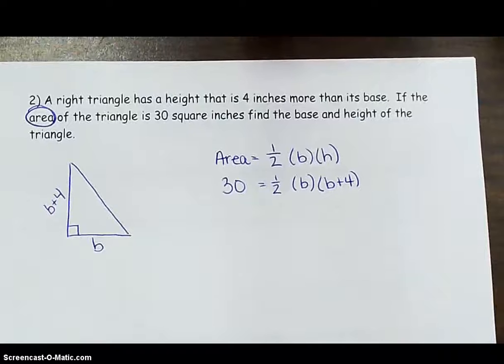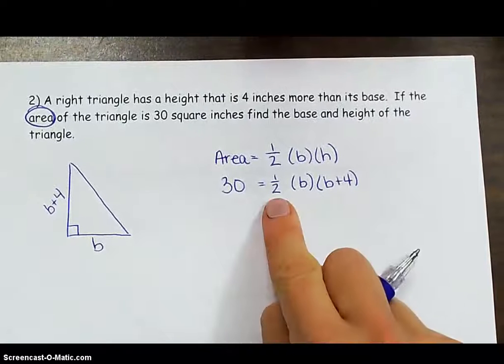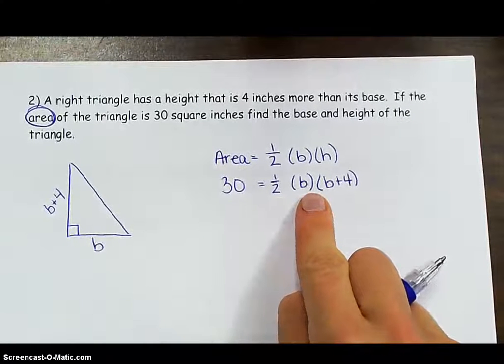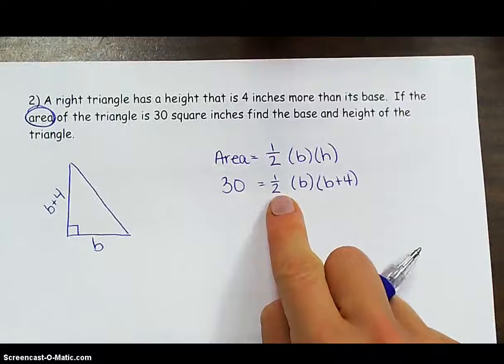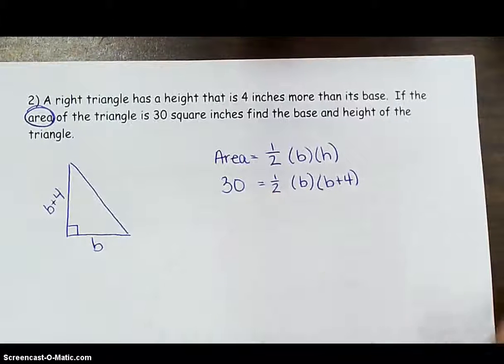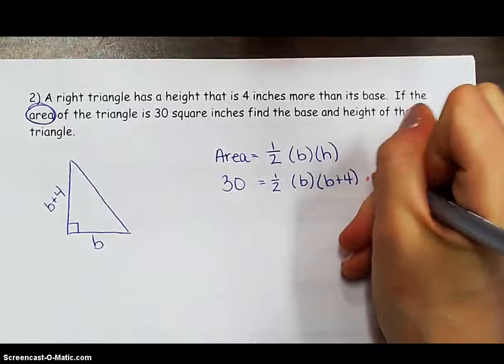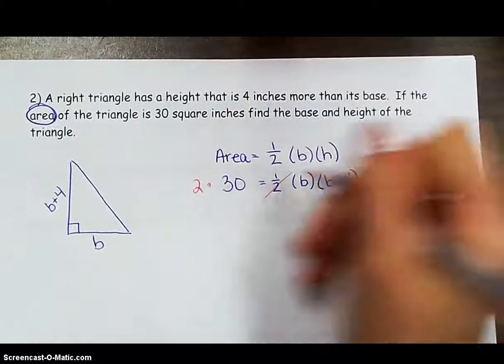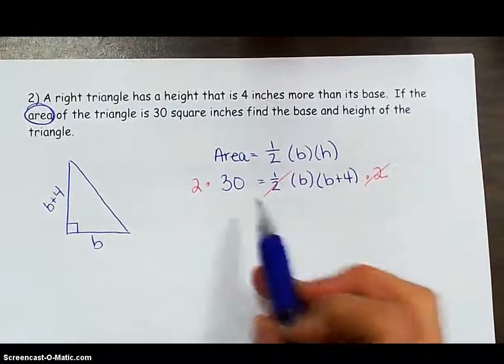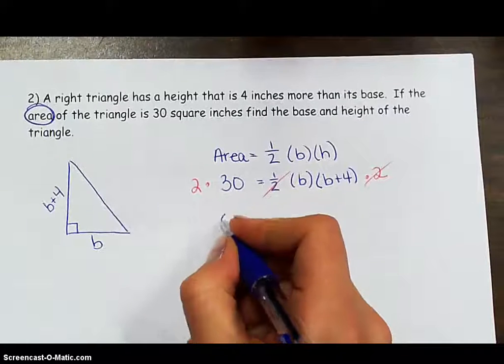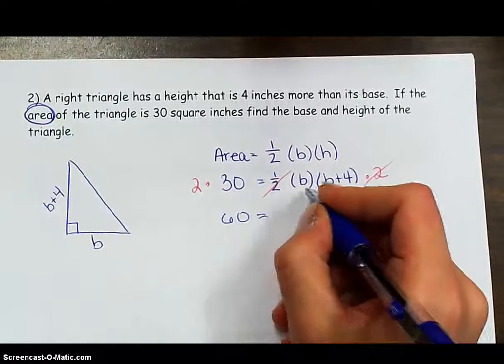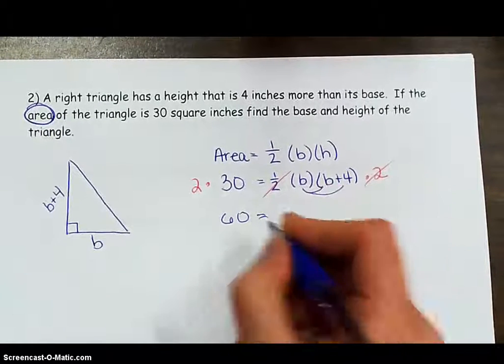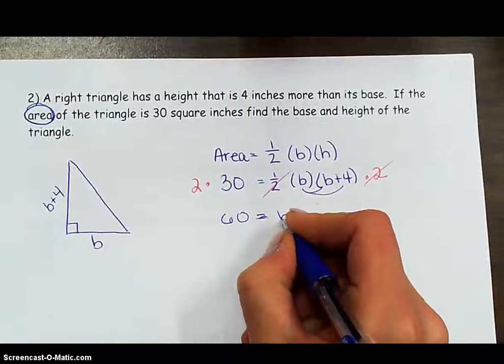Okay, so now we can go ahead. Now I don't like having a fraction in front of here. So remember, we can always move the fraction to the opposite side by multiplying by the reciprocal. So I'm going to multiply both sides by 2. Because here the 1/2 and the 2 are going to cancel. Okay, and then I'm going to get 60 is equal to, and then I'm going to distribute that B into the parentheses here. So I'm going to get B squared